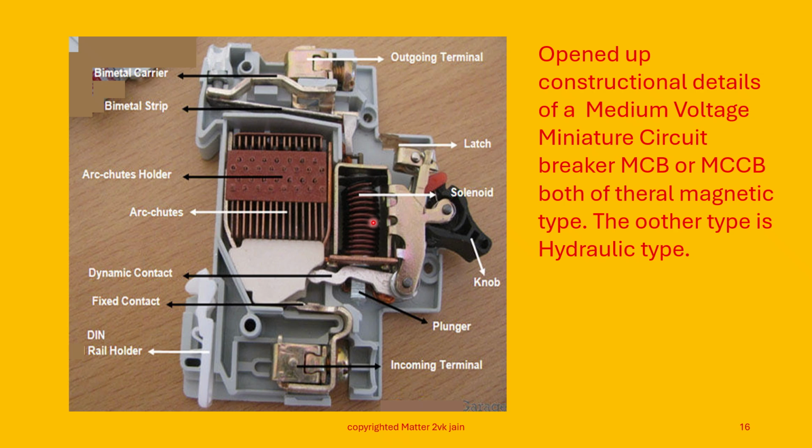When there is a sufficient short circuit in the system, say 7 times the rated current, the current will flow and heat will be generated, because it is 7 times the rated current, and that heat has to be dissipated locally. So the arc which is created here in the electrical contact